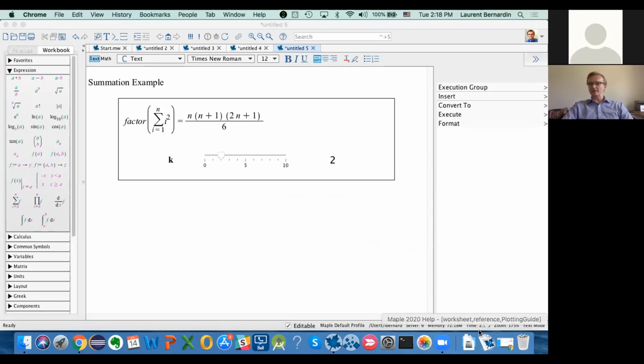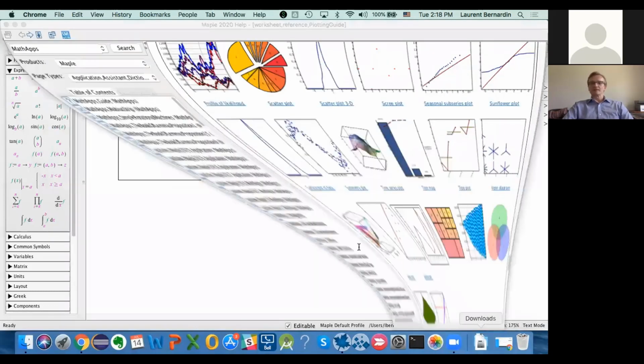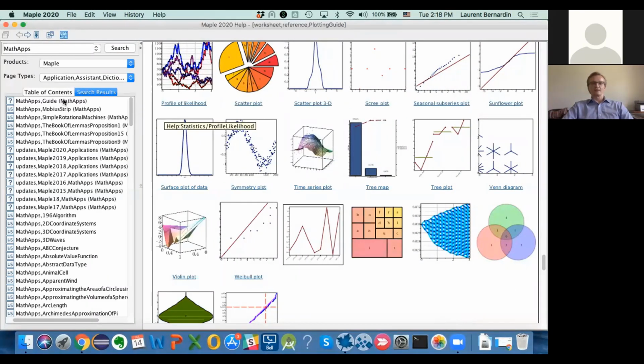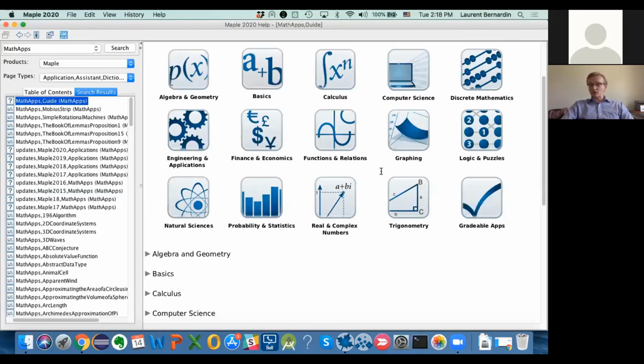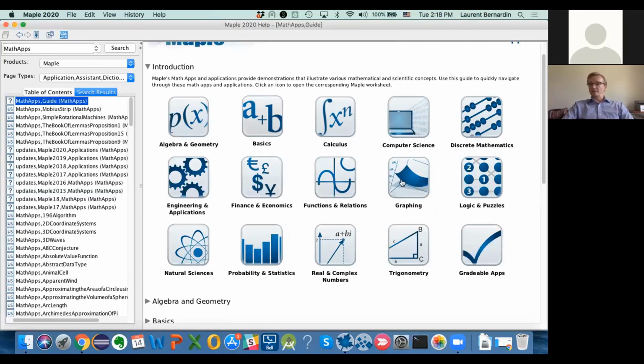I mean, Maple comes with a pretty big selection of built-in apps that are in a similar way using interactive elements to build a UI on top of a mathematical concept, with the goal of illustrating that concept and making the math come alive. So there's tons of these in Maple. I'll show just a few. Let's maybe start with